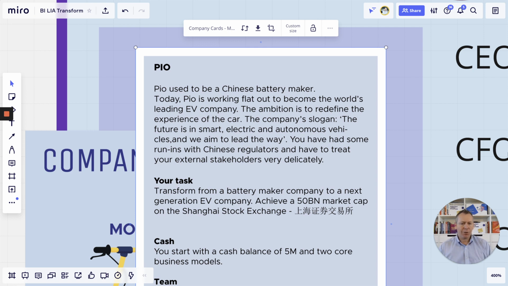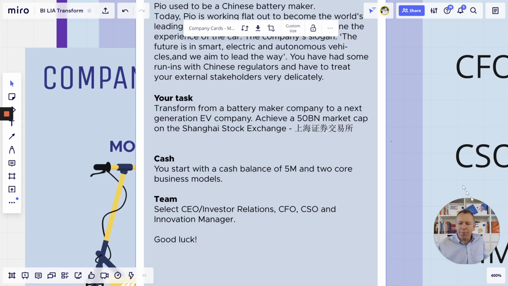Okay. Task: transform from a battery maker to next generation EV, achieve a 50 billion market cap on the Shanghai Stock Exchange. All right, so that's the company card for PO. Other teams will have other company cards. You start with a cash balance of 5 million and 2 core business models. And then we have the team. Fine. Okay, good.